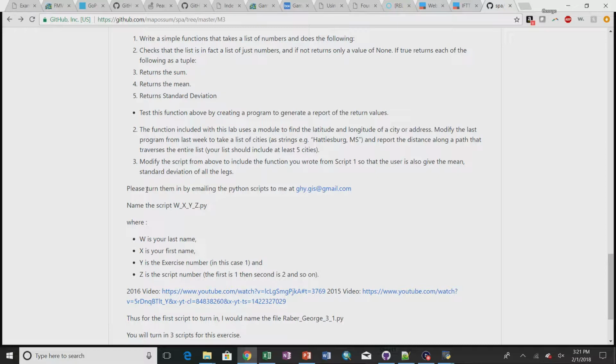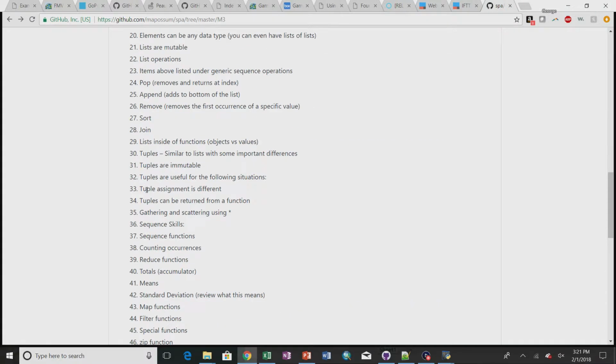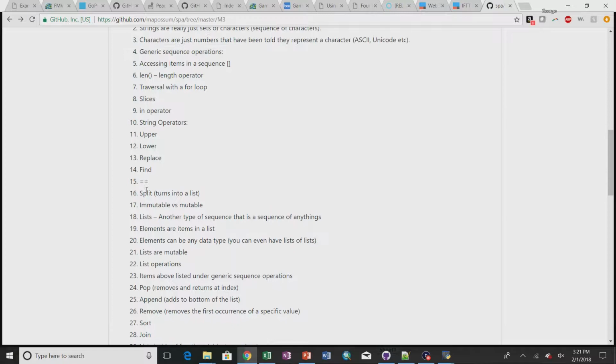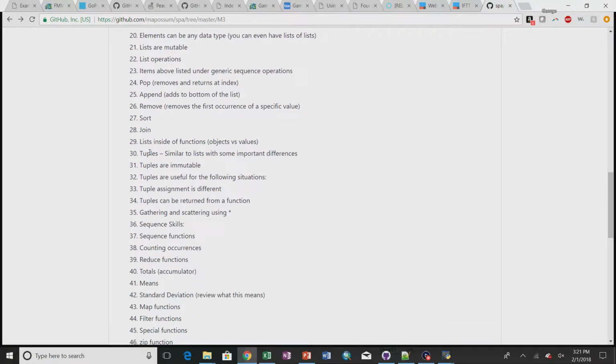You know, something that I totally glossed over, that I forgot to look at, was tuples. It'll take me like 2 minutes to tell you about what a tuple is. A tuple is almost like a list, except the elements are not mutable. They're immutable. So tuples are immutable. And the other thing that is useful is that